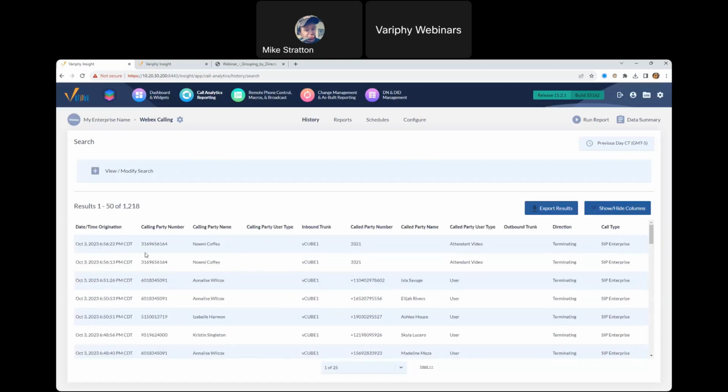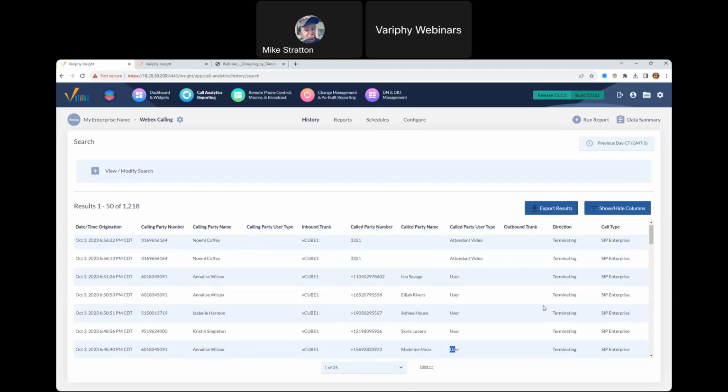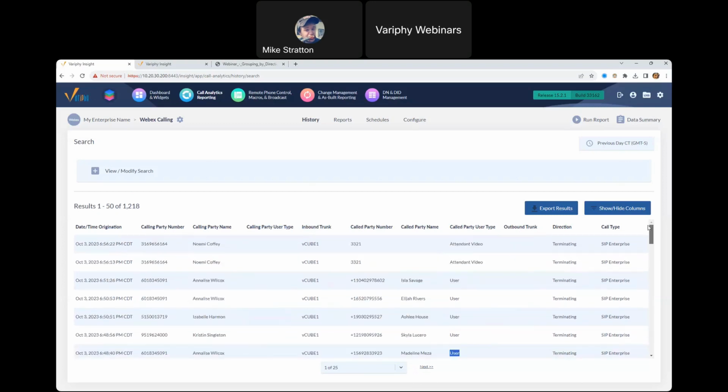So in this case here we have all these different numbers outside of our organization. They're coming in on this cube, on the inbound trunk, and then they're going to a device or an object or a person who's internal to our organization. So using the direction criteria is a really easy and simple way of just filtering on one or more